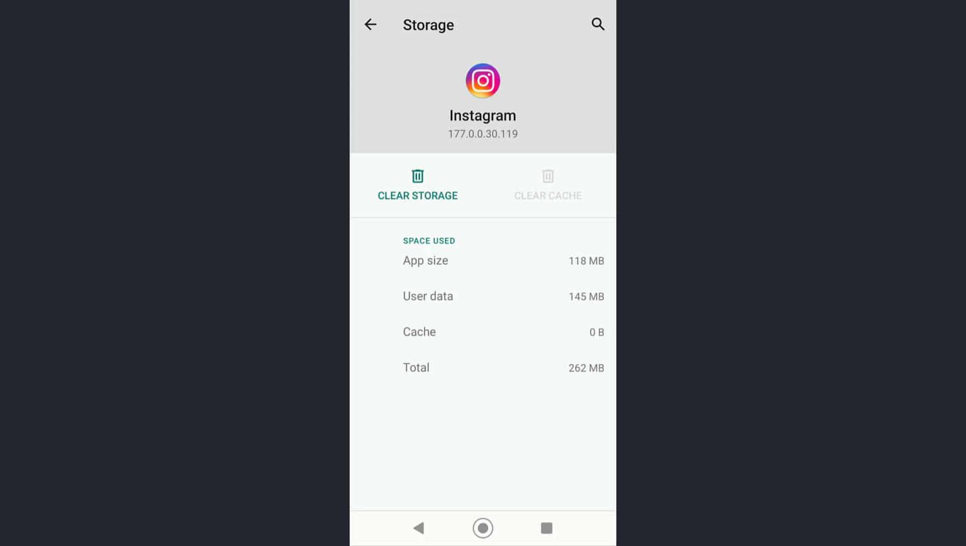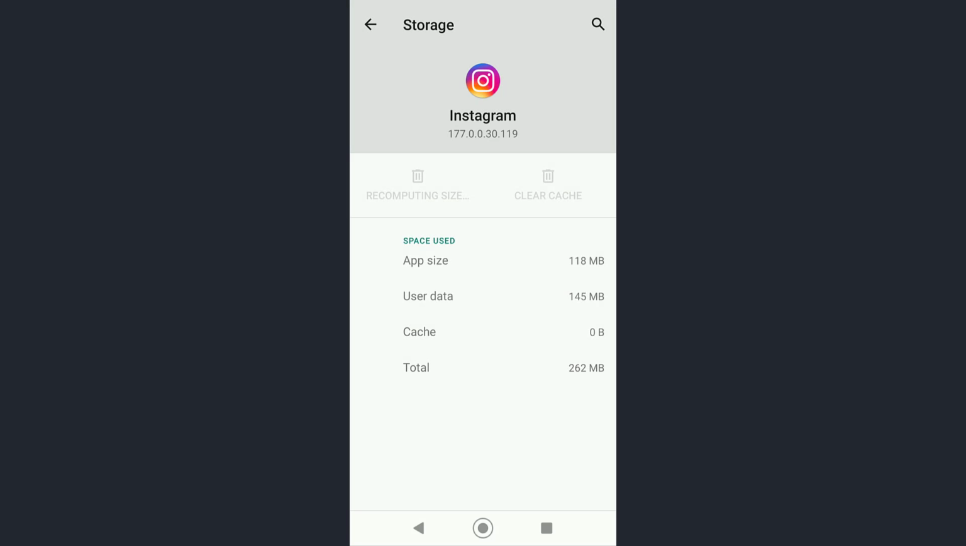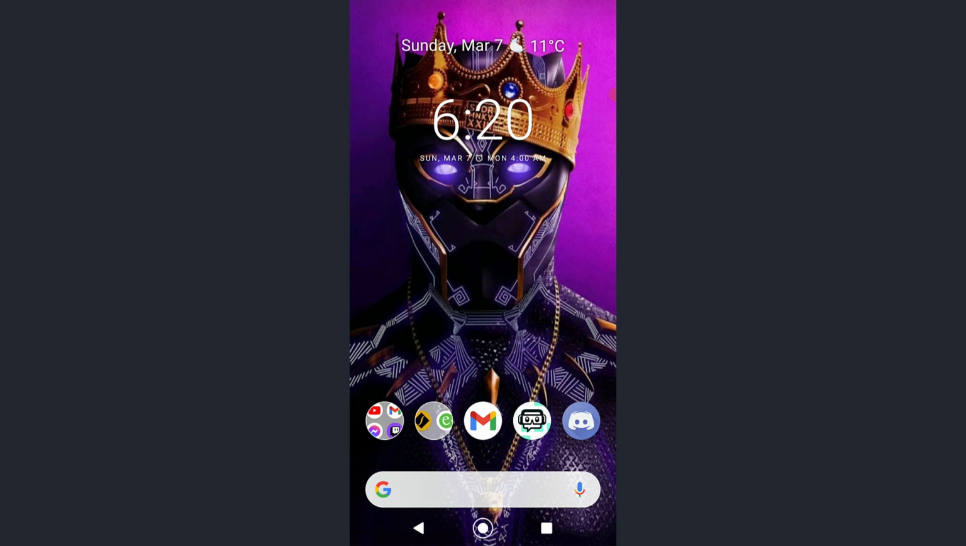And the second thing you want to do is tap on clear storage, which is going to basically delete your settings and your accounts and other stuff so you can log back in. So once you have done all of that, feel free to try it, and I hope it will be working